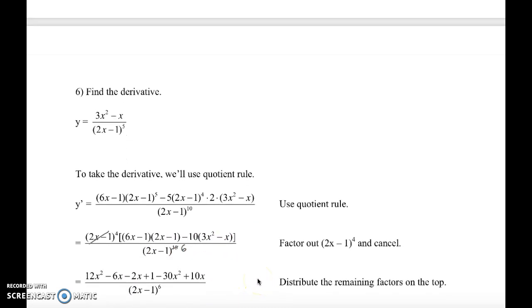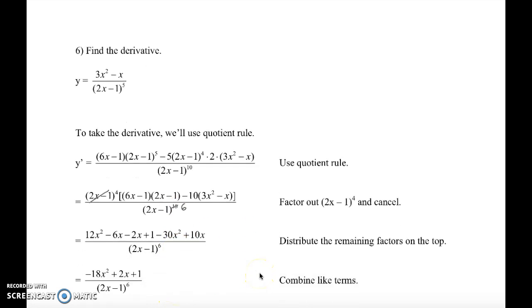And then we're able to simplify this, foiling this piece right here, so we get 12x squared minus 6x minus 2x plus 1, and then minus 30x squared plus 10x. And it's going to be all over 2x minus 1 to the 6th because we did some factoring. And then we end up